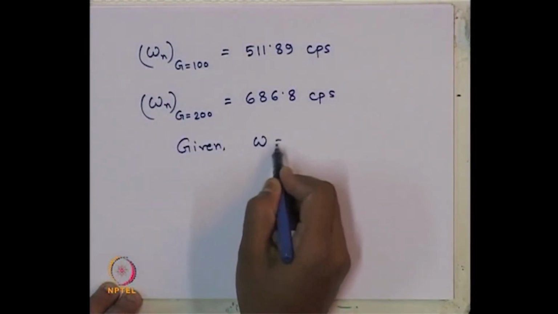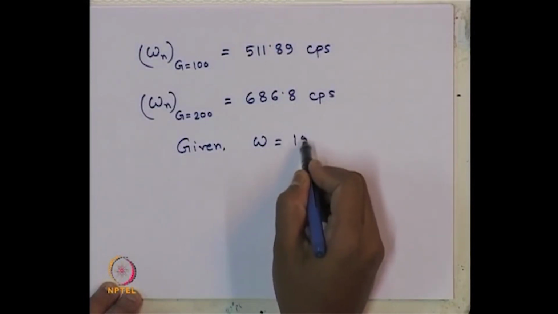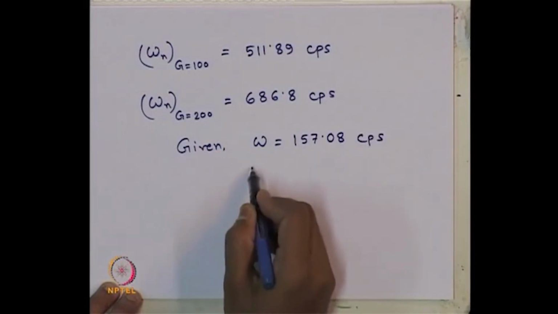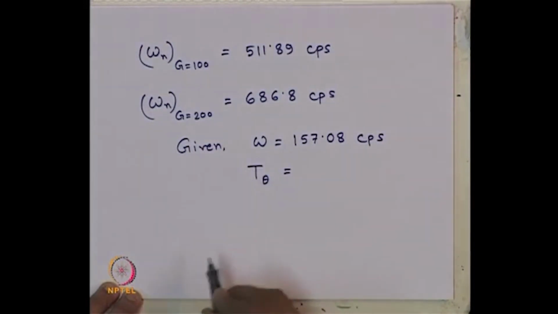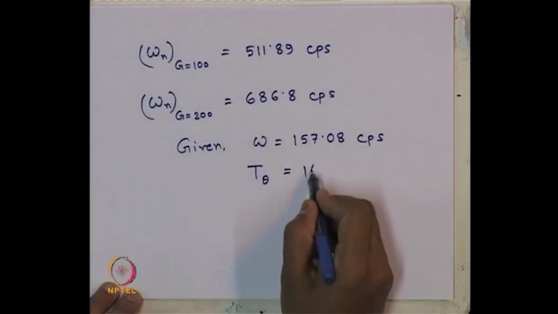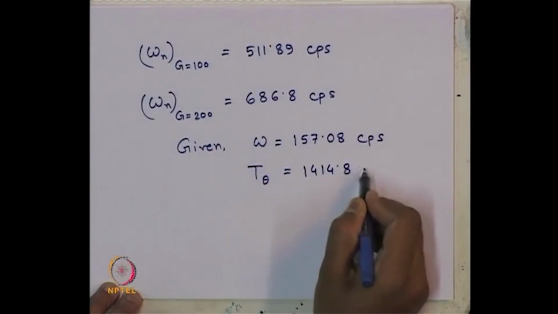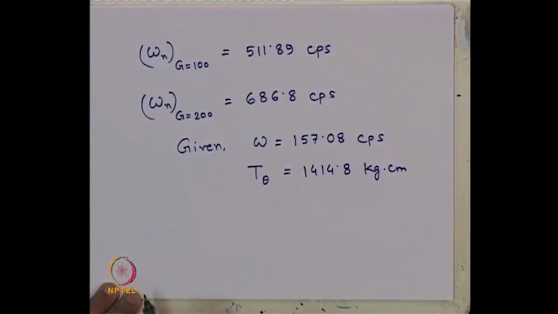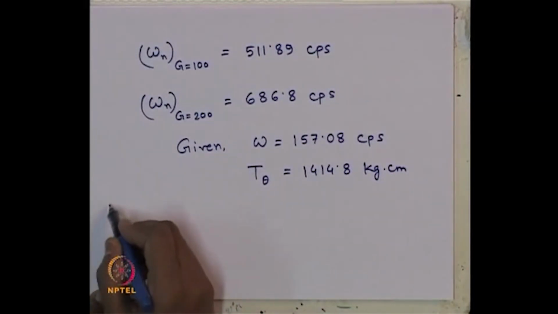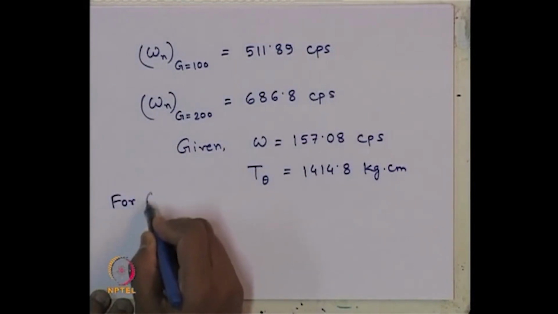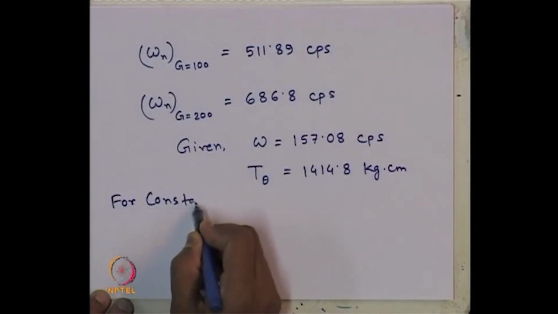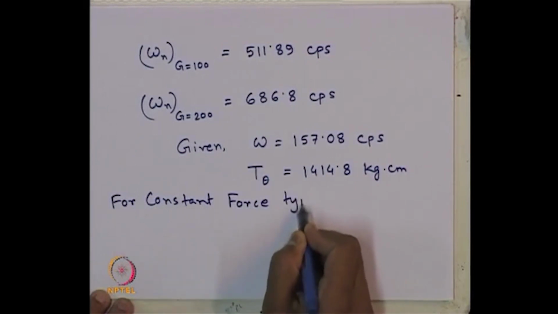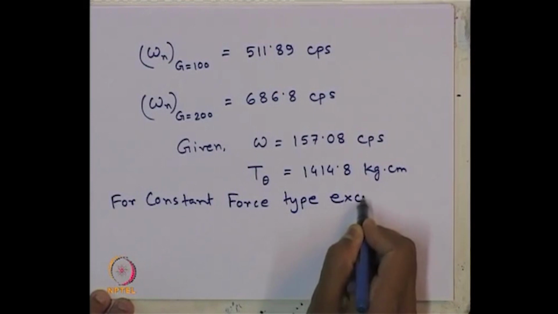Now, given again we have the omega value as 157.08 CPS and T theta is 1414.8 kg force centimeter. It is given to us. So, for constant force type excitation,